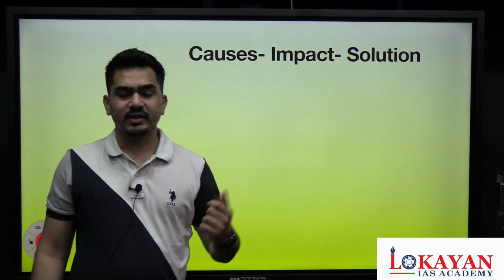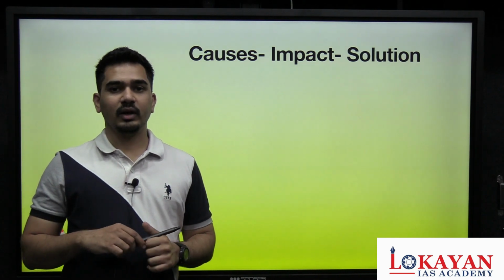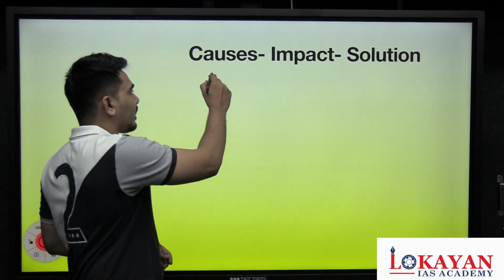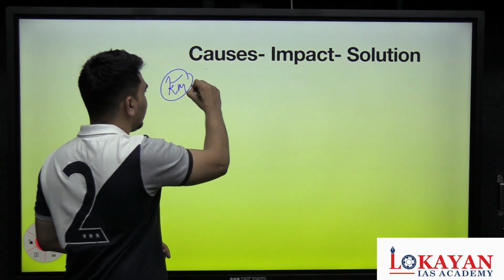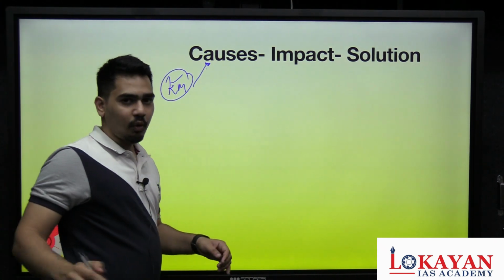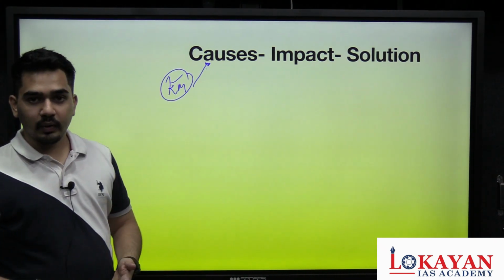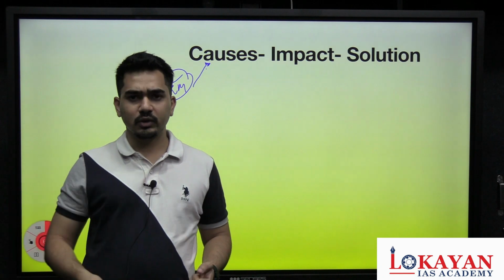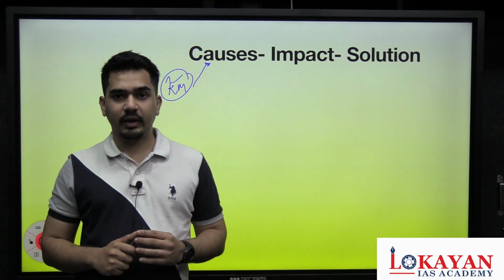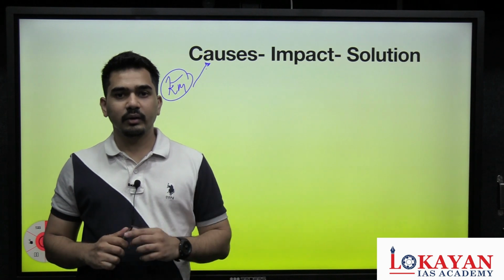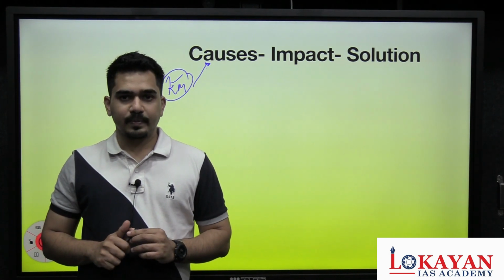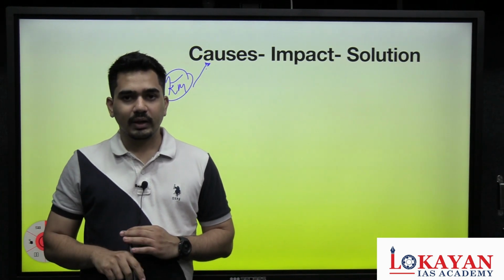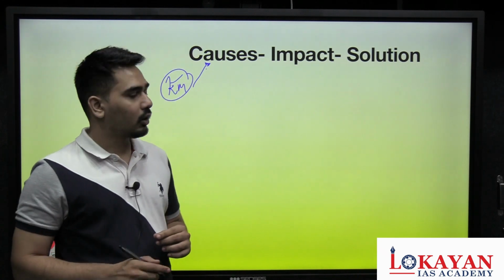Causes, impacts, and solutions. So this is a very common method. In the sectoral method, you will try and apply the knowledge matrix to identify specific causes. Poverty is the example. So what are the causes of poverty? Is there an educational cause, economic causes, some cause in agriculture, social causes, we have the caste system and everything that's playing a role. There are regional biases, you can give the example of Odisha. Northeastern belts, hilly regions, they are more likely to be poor. So there are geographical reasons, regional reasons.